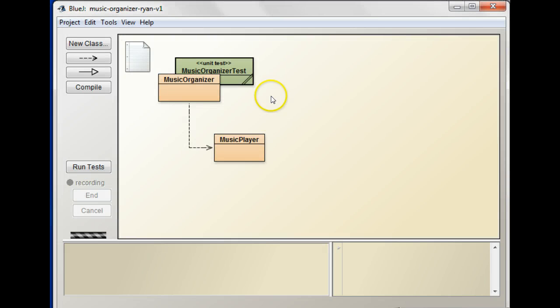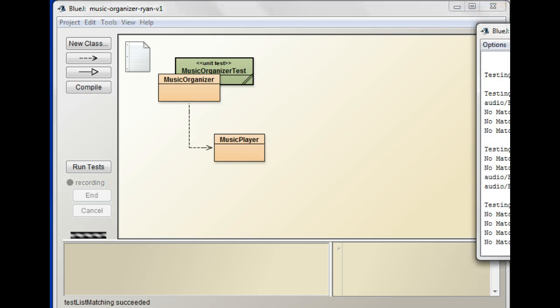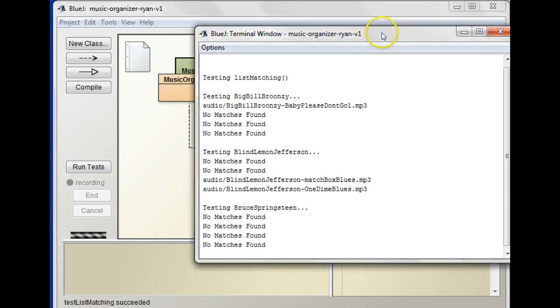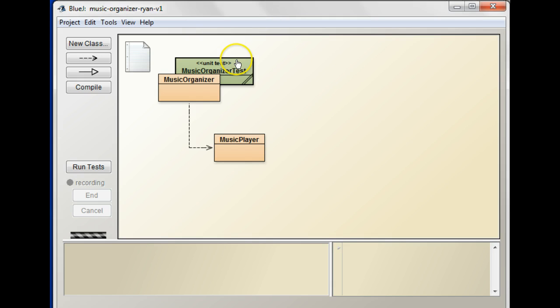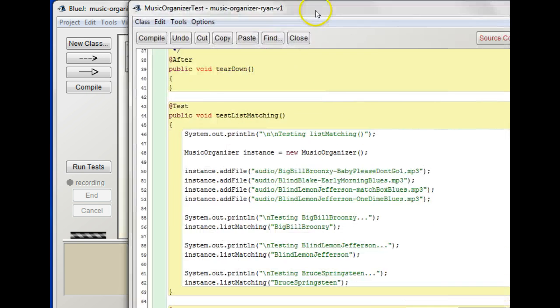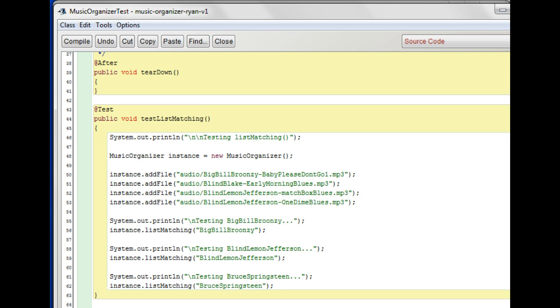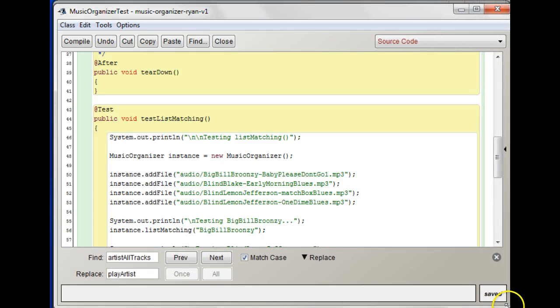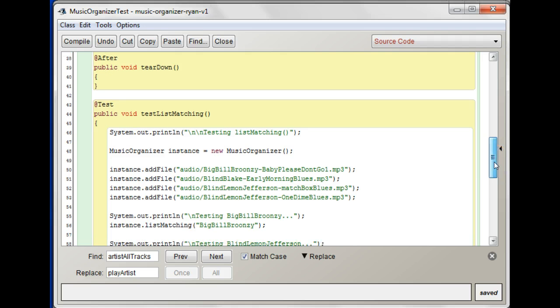let's see what we got here. So my test for that one is test list matching, and so I see you attempted that. What's happening here is we're seeing, well, let's look at the test a little bit. I'll help you see it a little bit better. If this test business doesn't make sense, you can go ahead and pause this video and look at the one I recommended on page 4 of the course pages on my website. But